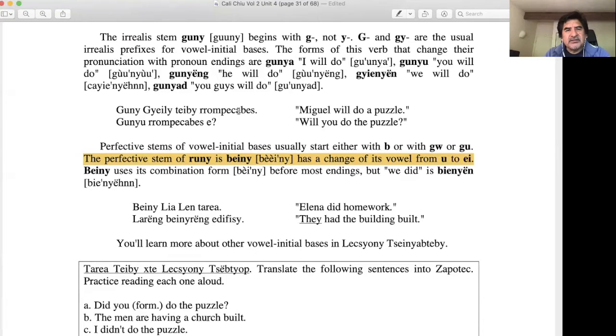Again, you will do the puzzle. Will you do a puzzle? So in this case, we have the bound pronoun here as usual, that you guys know, that's the way Zapotec works. You use the bound pronoun after the verb. And then we have the